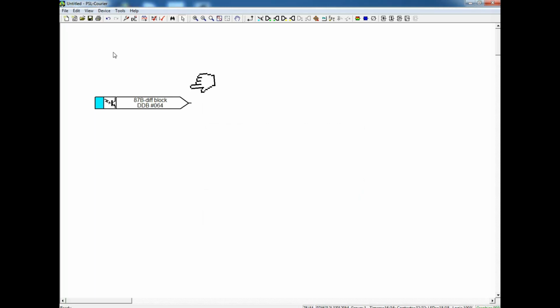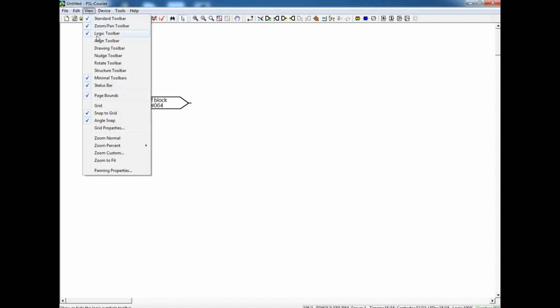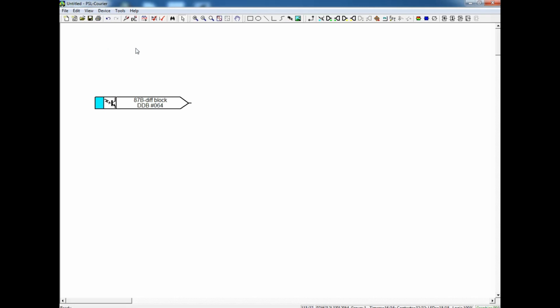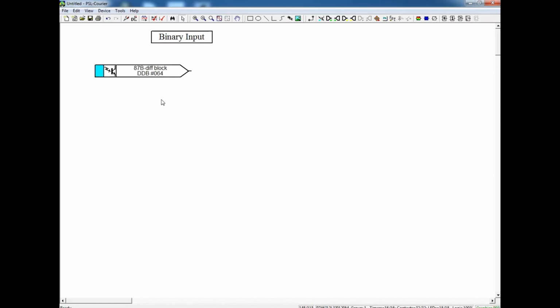If you go further, now I'm going to make the heading input label, but initially you are not able to see the text label in the top side menu. If you want to add the text label, you have to go to view and drawing tools. Over here you can take the text. I'm going to name it input label. I'm going to name it binary input. Then differential block, I'm going to block differential zone 1 and zone 2.